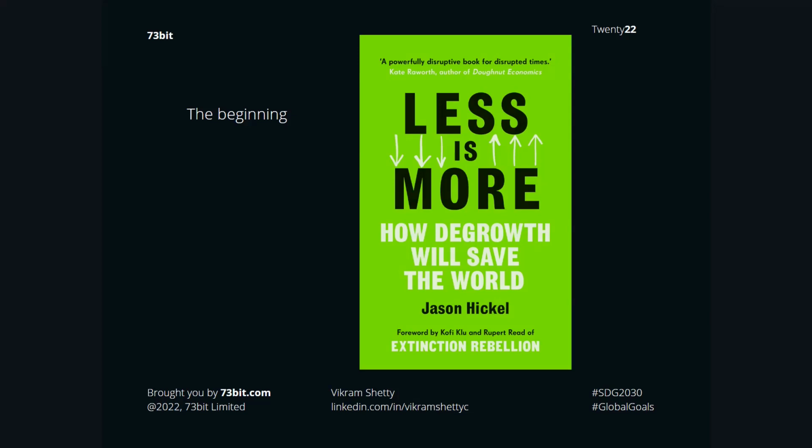And this is the book she mentioned, and she mentioned something called degrowth, and I heard it for the first time. So I thought that because our topic for this year is scoring methodology, it would be interesting to do a little bit of research, spend some time reading the book and trying to understand, firstly, how degrowth will save the world, and also to understand what is the measurement criteria of degrowth. Is it even possible? I just heard the word, and I couldn't connect the dots, so I thought it would be a good thing to do some research.